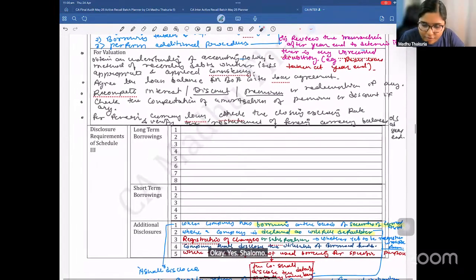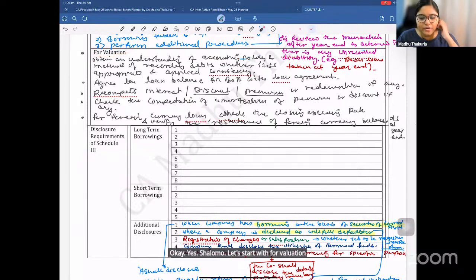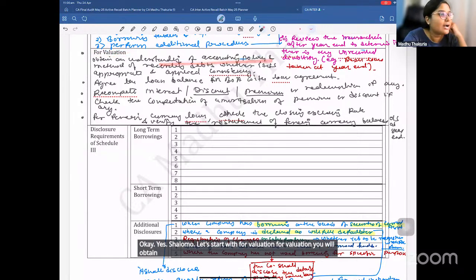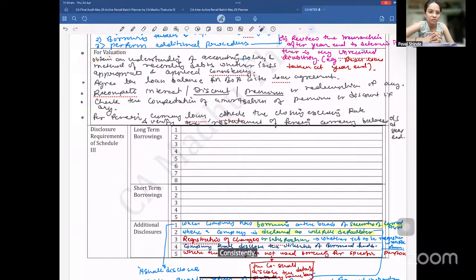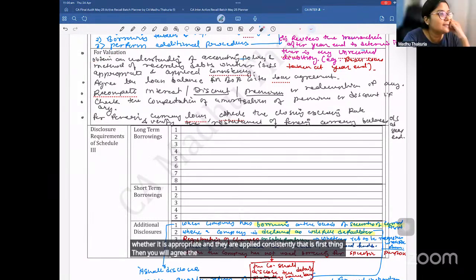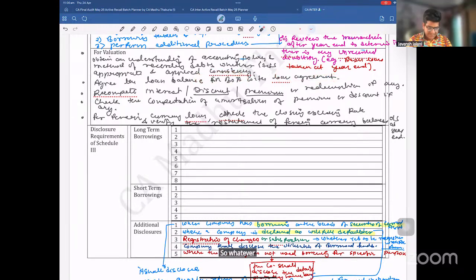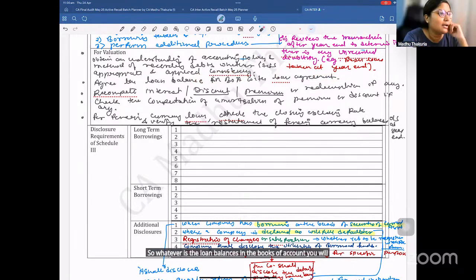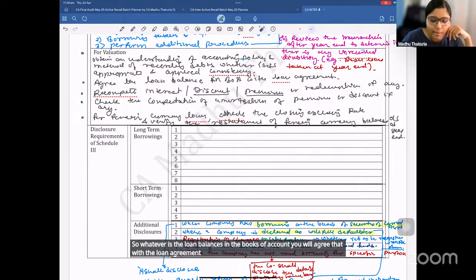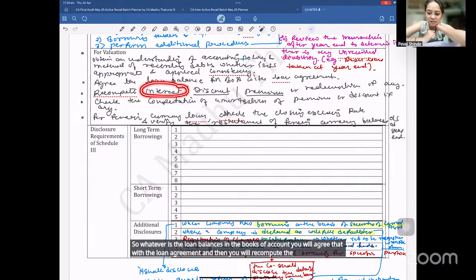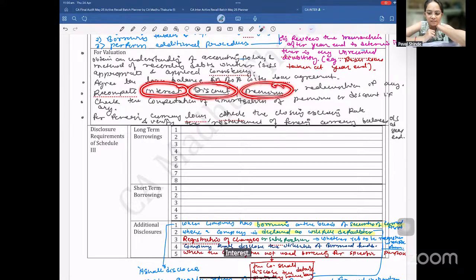Let's start with valuation. For valuation, you will obtain an understanding of the accounting policy and method of recording debts, whether it is appropriate and applied consistently. That is the first thing. Then you will agree the loan balances with the loan agreement. Whatever the loan balances are in the books of account, you will agree them with the loan agreement, and then you will recompute the interest,